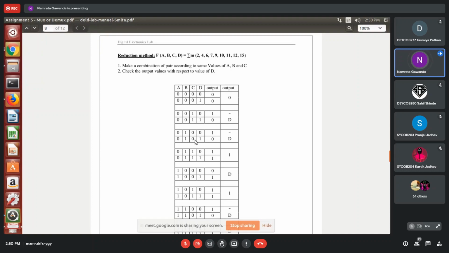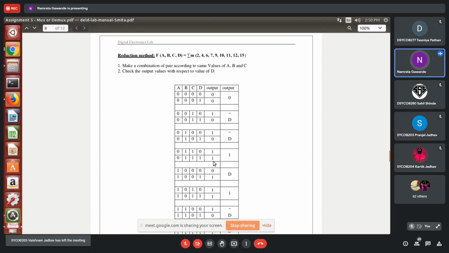Now next you can see the terms 0, 1, 2, 3. Now this is 4, 5. You can see for 4, what is the output? 4 is present, so the output is 1. 5 is not present, so the output is 0. Now compare D and the output 0, 1, 1, 0. Again, this is a reverse of this, right? Complement of this, complement of D. I can write D complement. Okay, then again next. So likewise this is done.